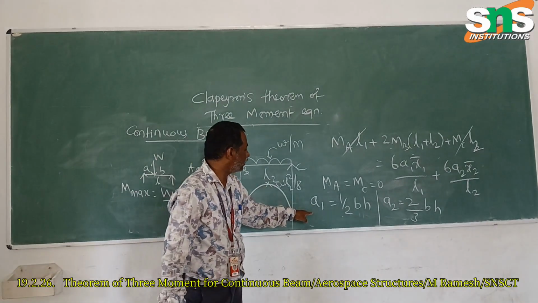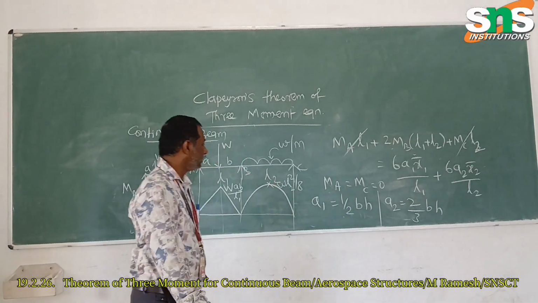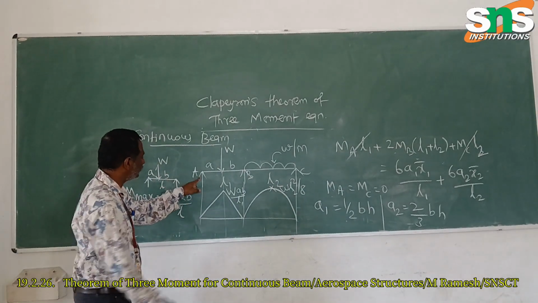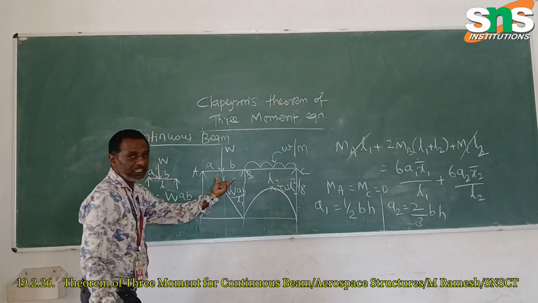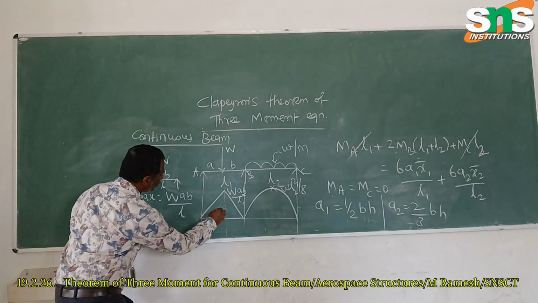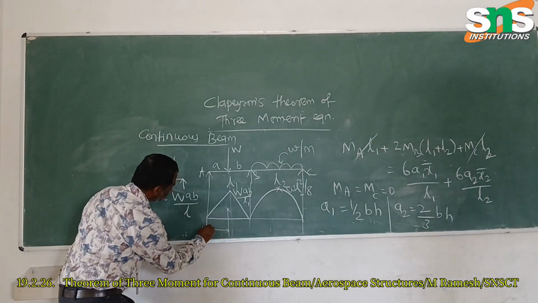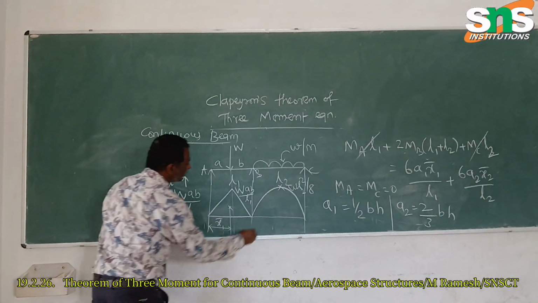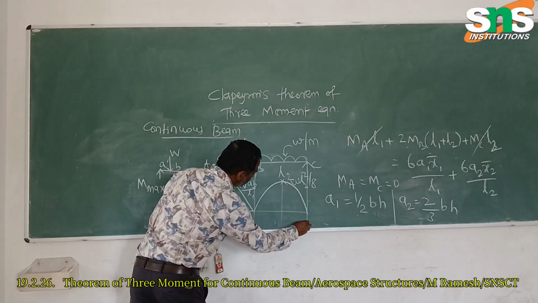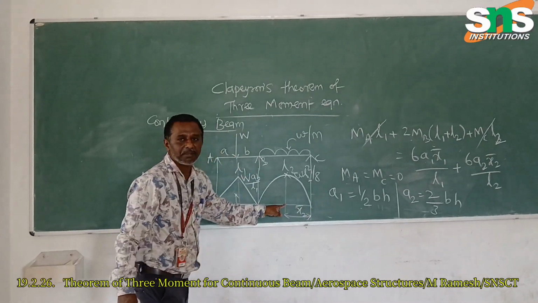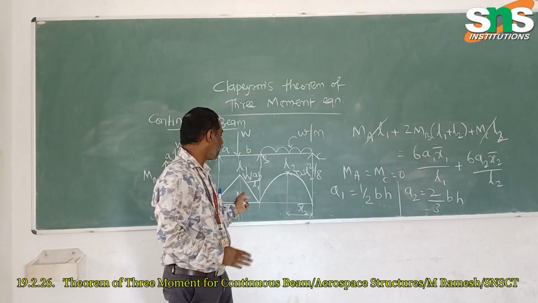On finding this, we have to find the centroid. As discussed in the previous class, since it is AB on the left side, it should be measured from the left end. So this is x1 bar, and at the right end it should be x2 bar. Generally, x2 bar for a parabola should be half of the span value.